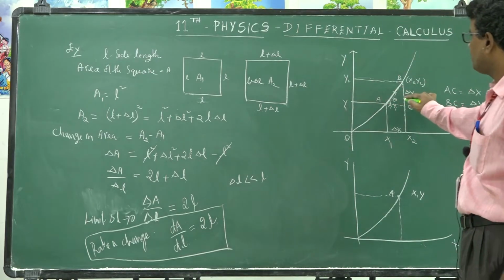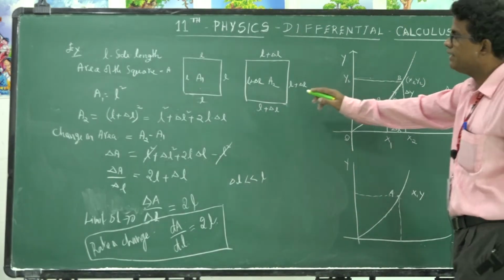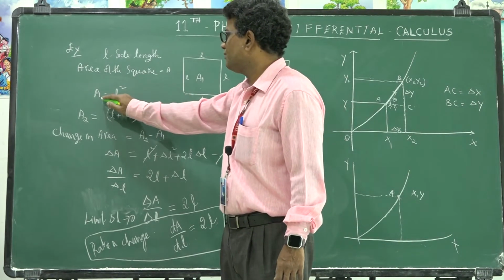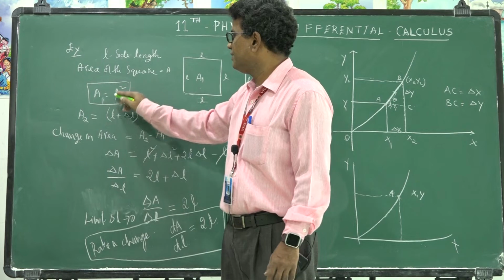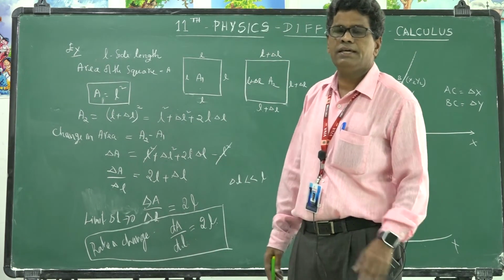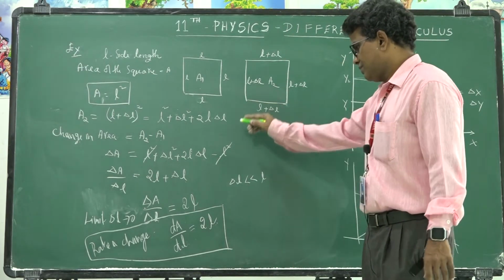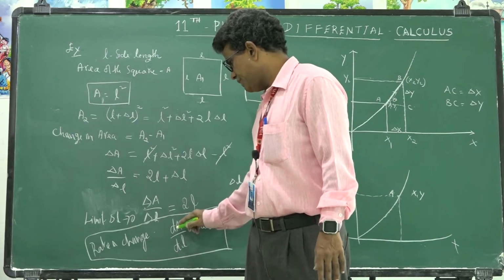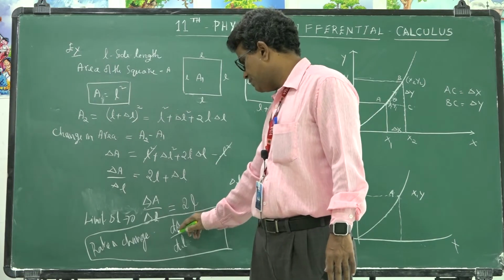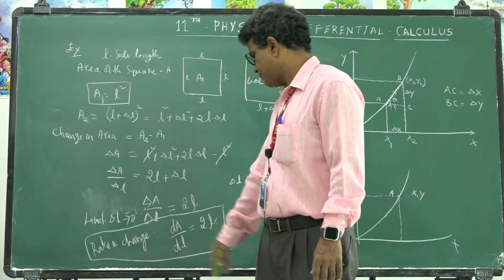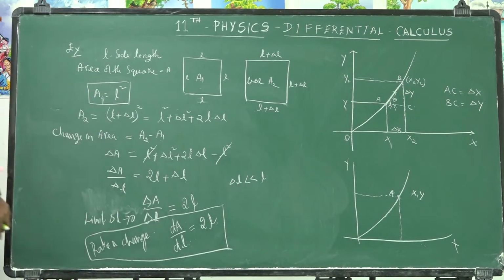If you know the graph, for the differential coefficient you take the slope. If you know the mathematical equation, how these quantities depend on each other, area and length, this is the mathematical relation between the two physical quantities. Area is a derived quantity, length is a fundamental quantity. This differential coefficient, the rate of change of area with respect to length, we can call the derivative of area with respect to length. We got 2L.